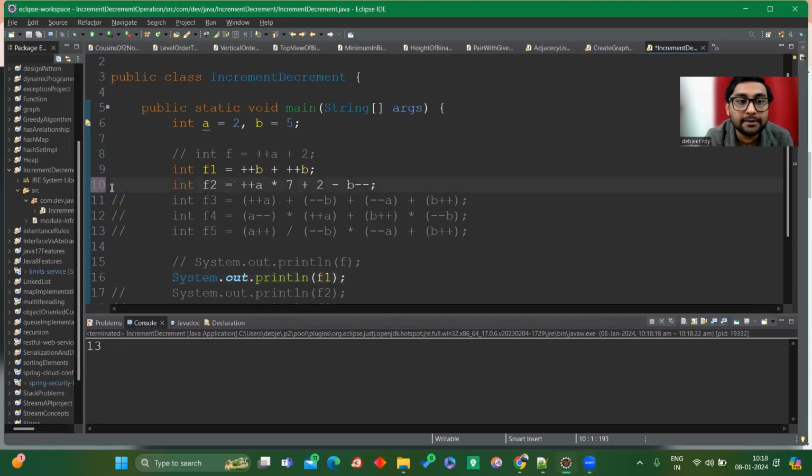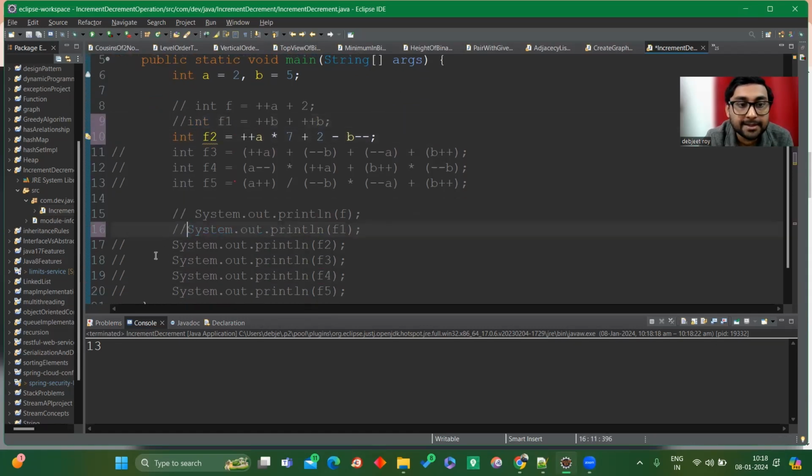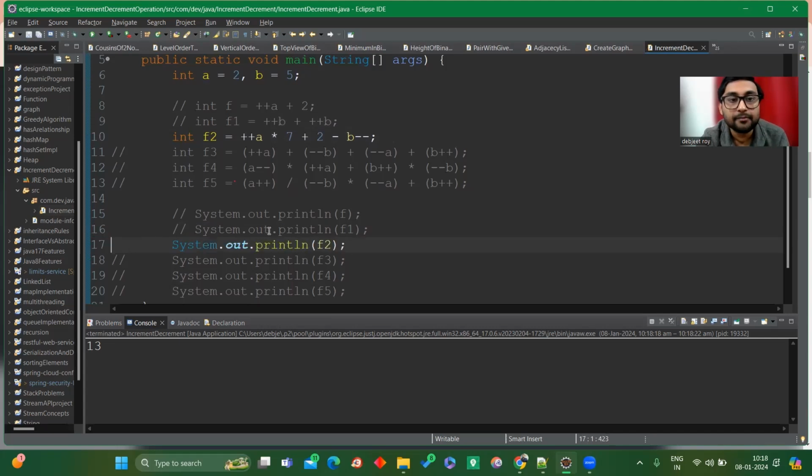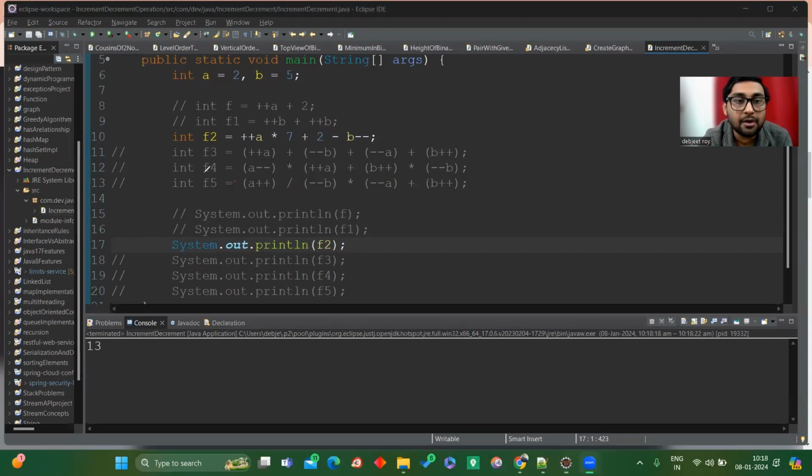I will uncomment this one and comment out this one. So now, what's the value of A here? A is 2, B is 5. So here it's pre-increment, so A will now become 3. The value will be 3 multiplied by 7. Because here we have to understand the BODMAS rule also. Multiplication comes first, so this value will be executed first. Then plus,